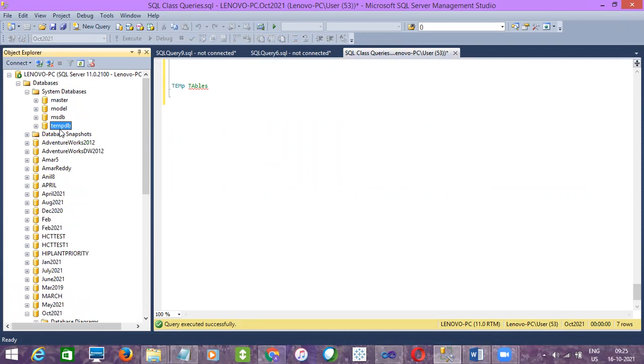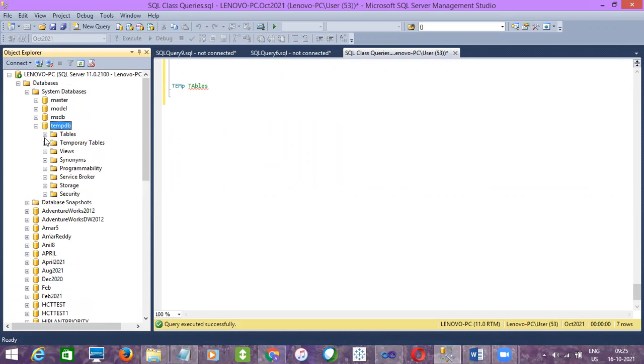It is the system default temporary database, and by default whatever temporary objects we create will be saved here. As of now, there are no temporary tables here. If I expand, you can see tables and also temp tables, but none are created under tempdb now.